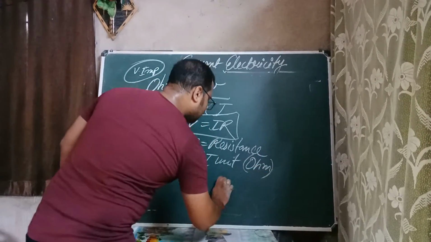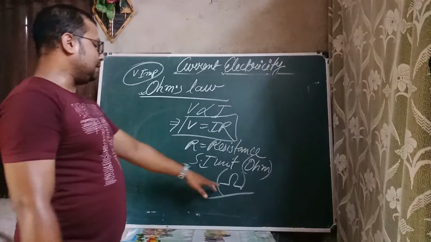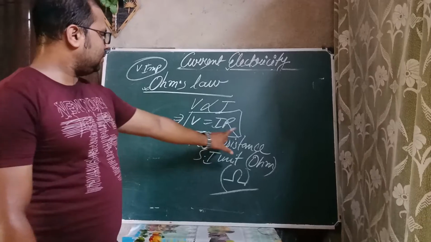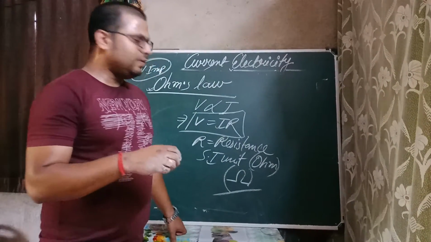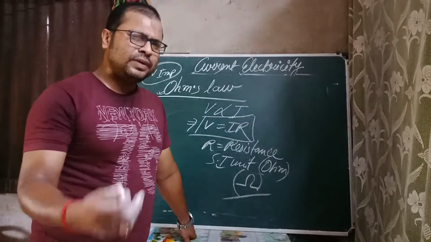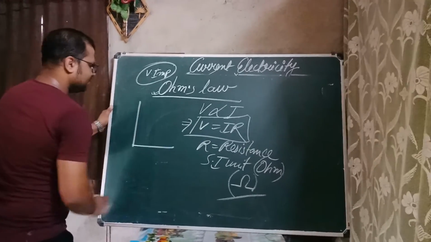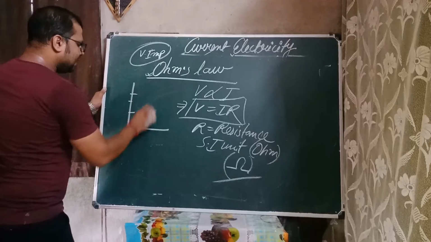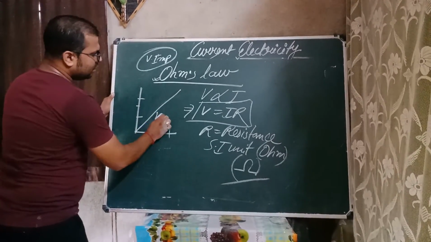Ohm, or in short we can write it with the omega sign. This omega sign represents the resistance. You will get a VI graph in the book to show how to verify Ohm's law. You plot the values of V and I together, and you will find a straight line, which is also called the VI graph.